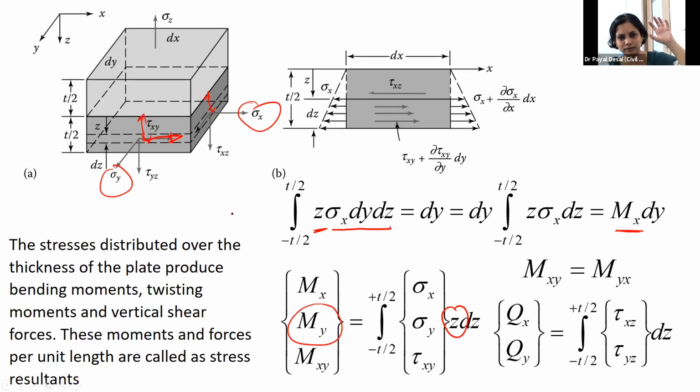Tau xy is the stress, you will convert it into force, and then you find out the moment due to that force. Okay, then what is the direction of the twisting moment? So basically you get here Mx, you get here My, and then you have the twisting moment all over the edges because of the shear stresses, which are complementary. You may see here the shear stress tau xy is acting like this, tau xy.